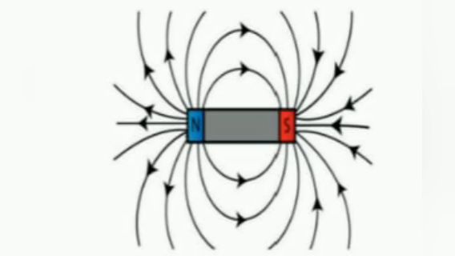Look at the picture, students. These magnetic lines around the bar magnet represent the magnetic field of the magnet. The direction of the lines is shown by the arrow heads. We can observe here that the compass needle gets deflected to a large extent when it is closer to the magnet.